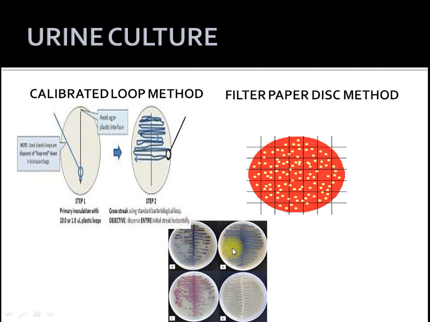Chromogenic media can be used, which will help in the identification of the specific uropathogen. The filter paper disc method can be used for proper quantitation of the bacteria present in the urine sample. The colonies which appear on the medium can be counted and converted into CFU per ml. If it indicates more than 10 to the power 5 bacteria, then this is positive for infection. All of these plates are also shown for significant bacteriuria.